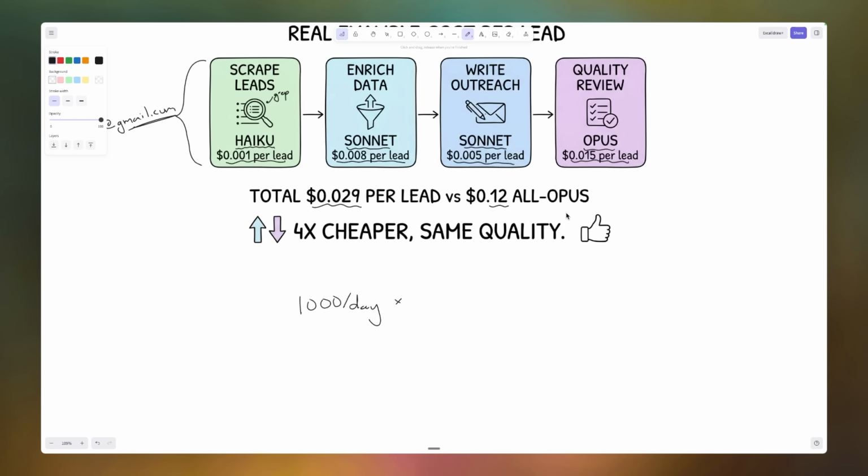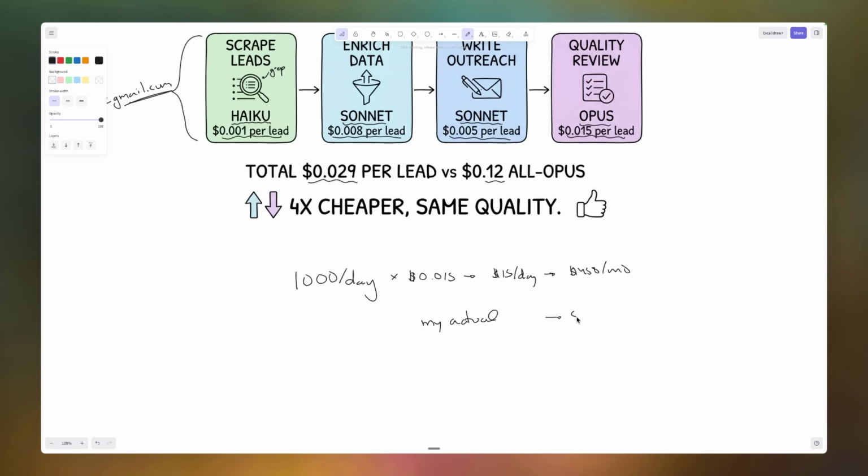But if we multiply all these together, we move that 1 to 3 decimal points over to the left, then that ultimately would be $15 a day, or $450 a month. Well, instead, I'm doing that for literally 1/4 of this, or something like $120 a month instead. Obviously, I'd much rather the latter.